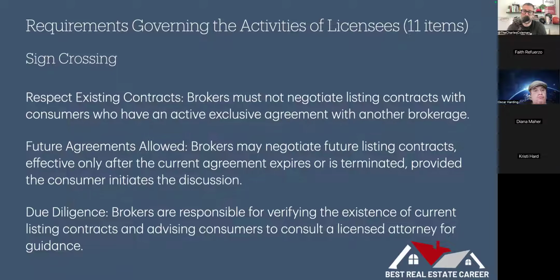Now, here's the thing, they're allowed to reach out to you. So if someone reaches out to you and they say, hey, my real estate agent is the worst and I want to do business with you, well, you can actually put together the contract and sign it for when their current contract ends. You are not allowed to advise them on how to get out of their contract. You're not even allowed to tell them if it's possible. What you can do is say, hey, I would talk to my lawyer if I were you, not your lawyer, their lawyer, because you're not going to give them your lawyer's information.